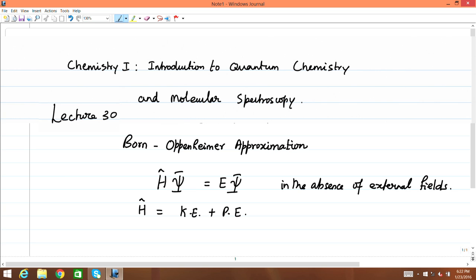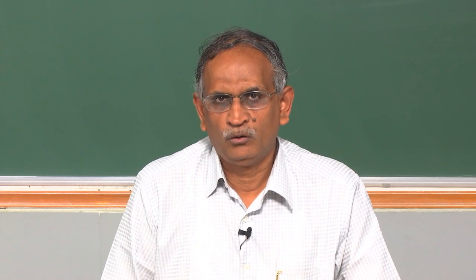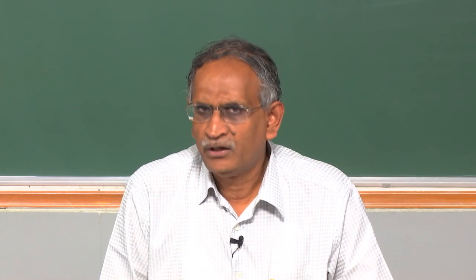Even a simple molecule like the hydrogen molecule has a very large number of kinetic energy terms and potential energy terms, and therefore the simplest neutral molecule that you can think of is not exactly solvable in